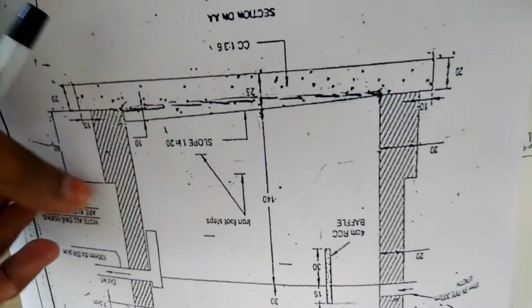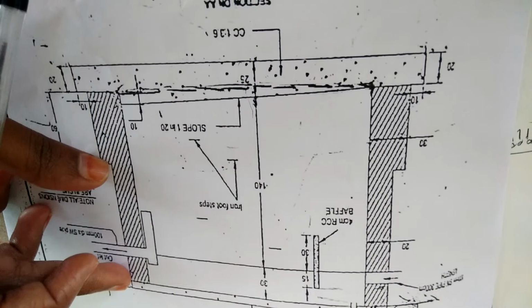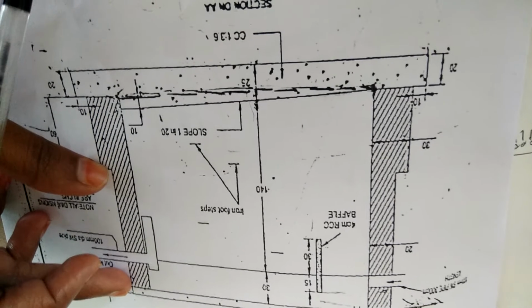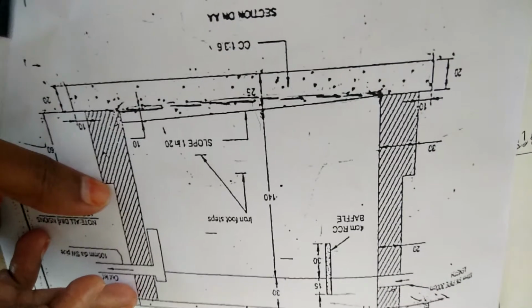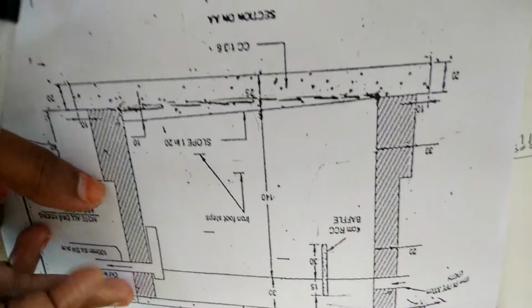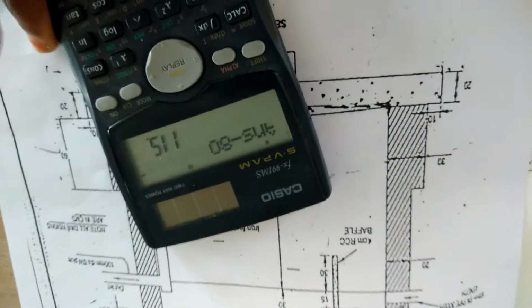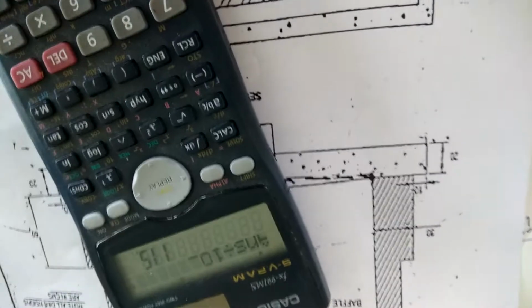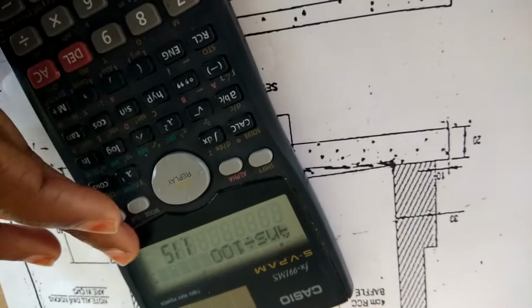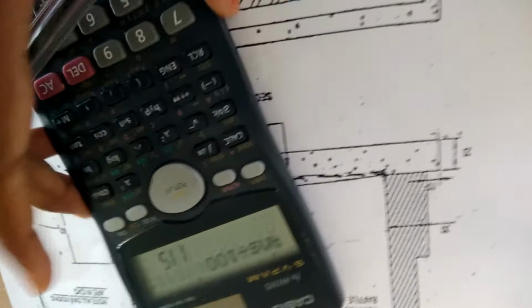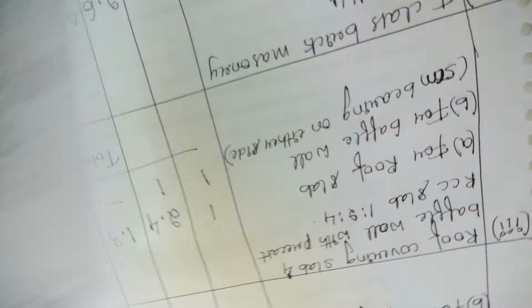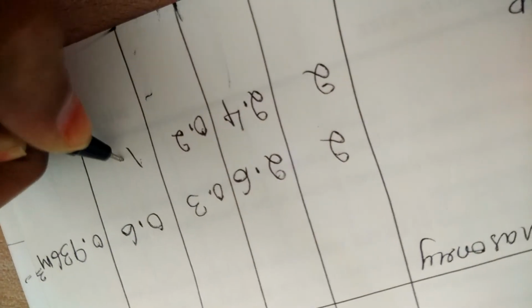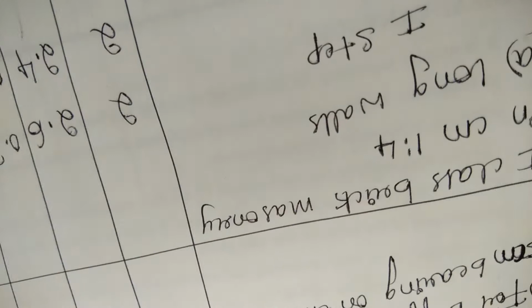So that remaining height is from this point to this point. That is from ground level, below the ground level up to the starting of the first step. So this gives you the depth of the second step and this value is in terms of centimeter. Let us divide this with 100. On dividing, you will get a value which is equal to 1.15. That is in terms of meter. So let us write the value here. 1.15. So now we got the depth for the second step also.